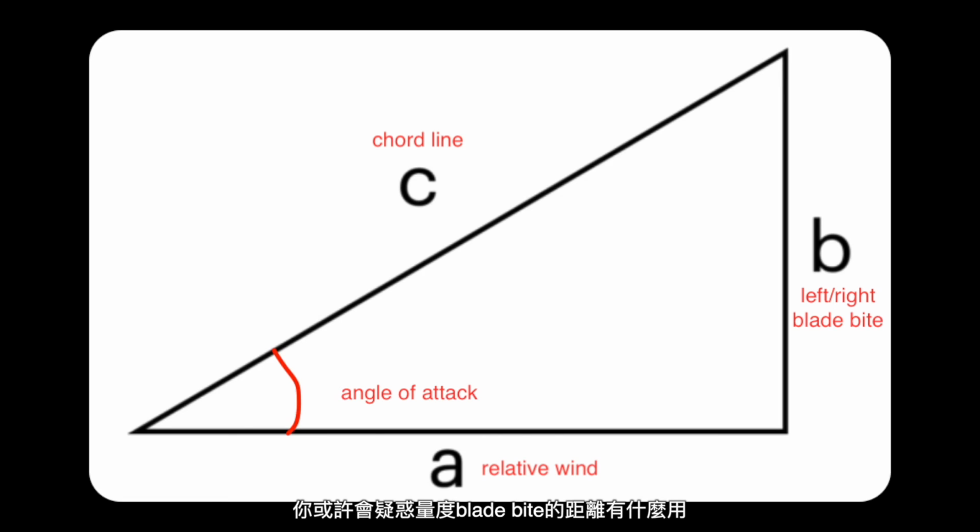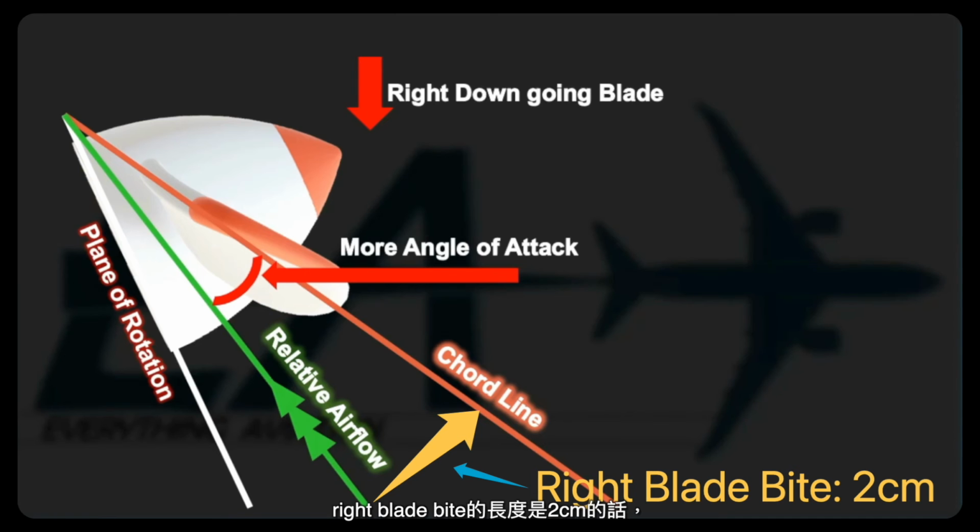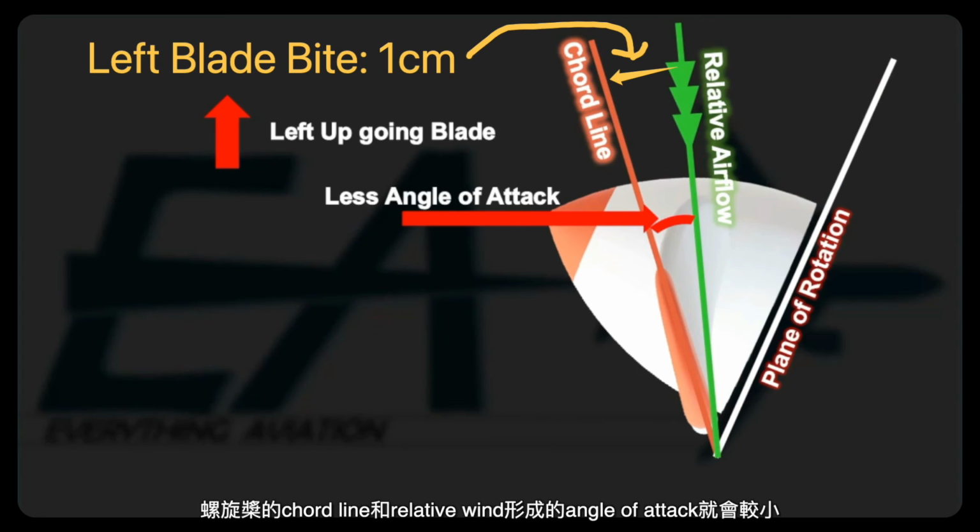你或者會疑惑量度 blade bite 嘅距離有啲咩用呢？呢個能夠以畢氏定理解釋。angle of attack 係 coordinate 同 relative wing 嘅夾角。咁 angle of attack 嘅對角線係 left-right blade bite。咁如果 left-right blade bite 嘅長度變長呢 angle of attack 就會變大。如果 left-right blade bite 嘅長度變短 angle of attack 就會變細。right blade bite 嘅長度係2 cm 嘅話呢螺旋槳嘅 coordinate 同 relative wing 形成嘅 angle of attack 就會較大。left blade bite 嘅長度係1 cm 嘅話呢螺旋槳嘅 coordinate 同 relative wing 形成嘅 angle of attack 就會較細。依家播放一條螺旋槳轉動嘅慢動作動畫俾大家睇下。